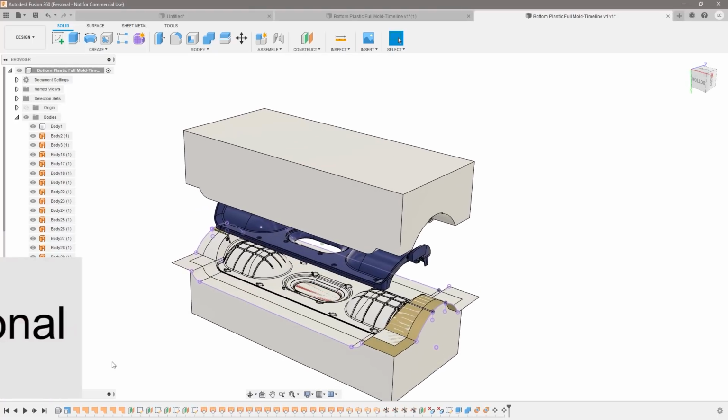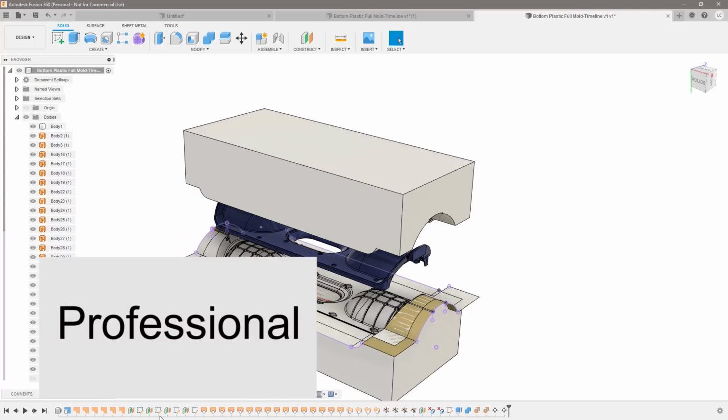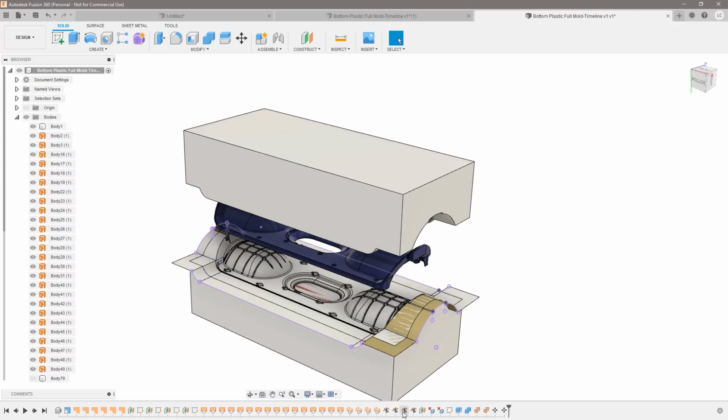Now, as a professional, I want to talk a little bit about what happens in this timeline when things start breaking. If you have modeled a few times in Fusion, there's a chance that you start breaking things down in this timeline, and it's extremely important that you go back and fix those. I want to show you, it's actually pretty basic things that happen, and some of the ways you can find out. So if I go ahead on this end and open up a sketch,